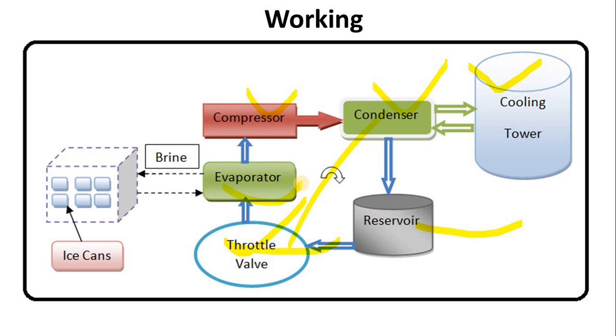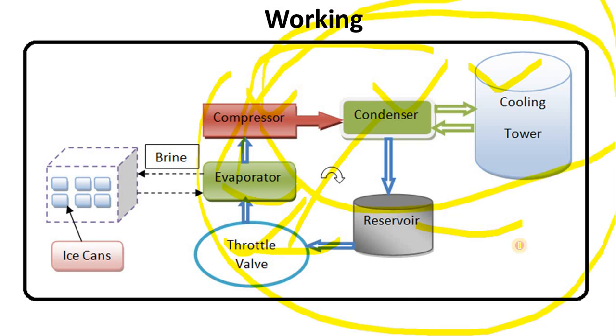So the evaporator is the place where heat absorption takes place and phase change occurs because of the latent heat of absorption or vaporization, a phase change from liquid ammonia refrigerant to vapor ammonia refrigerant. Okay, and further that particular cycle repeats itself. So this is all about the VCR cycle. Now the most interesting part is the ice can or storage tank.